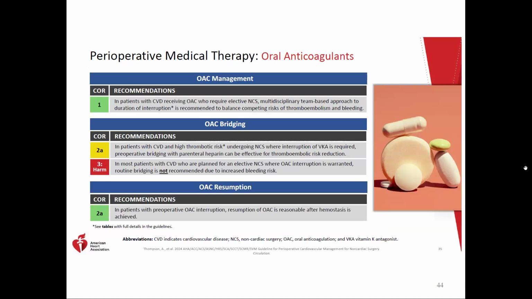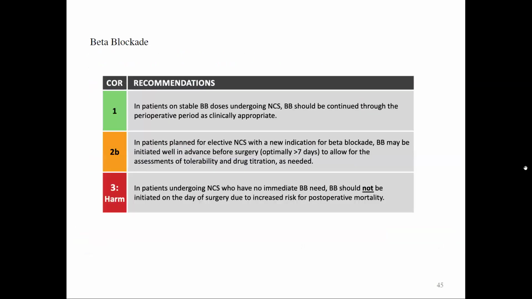All right, oral anticoagulants, so your Pradaxa and all those guys, they're saying that low thrombosis risk patients don't need to be bridged, and higher risk thrombosis patients should be bridged. And so that's going to be a multidisciplinary decision, not made by us. Beta blockade